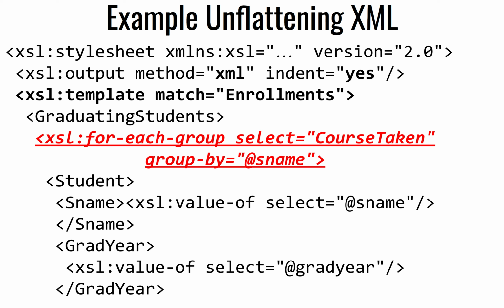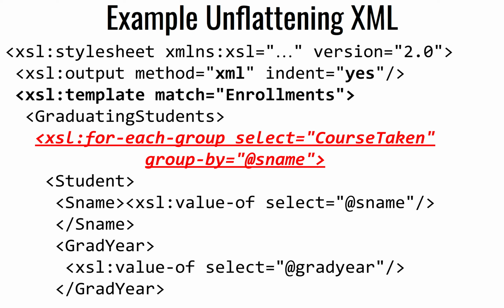okay? And by group, we mean that as we iterate over the course taken, there might be courses that have the same name. Just like me taking databases, and you're also taking databases, same course, right? So we want to make sure that gets represented only once. So as we iterate over course taken, we're going to group by the student name. There's going to be tons and tons of courses, but I want to make sure that the ones that Ian took belong to a particular group, and the ones that Bob took belong to a different group,